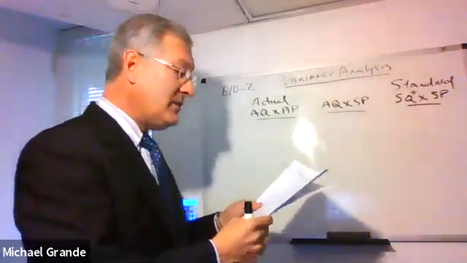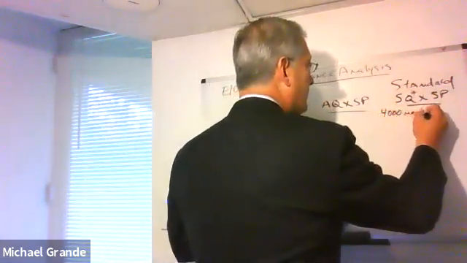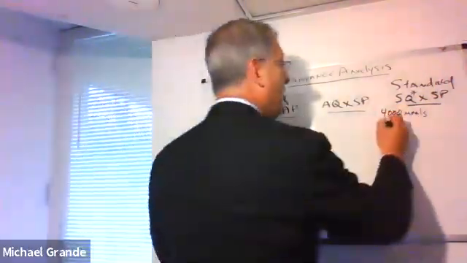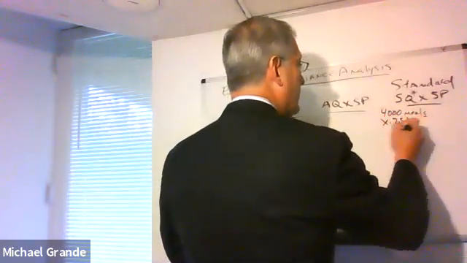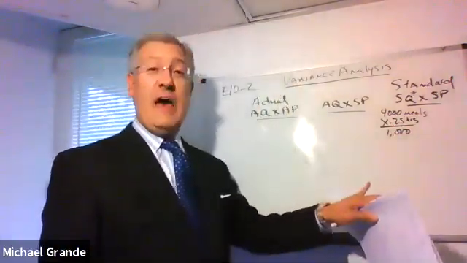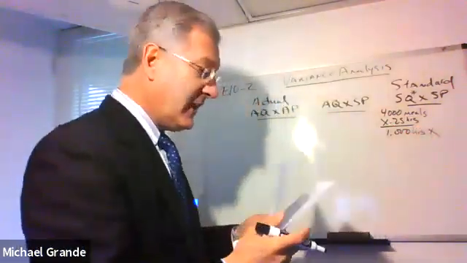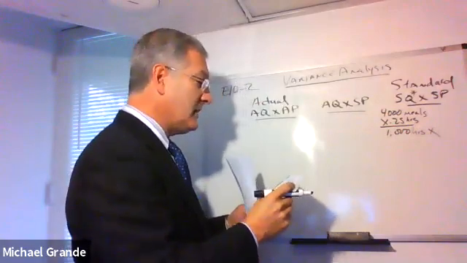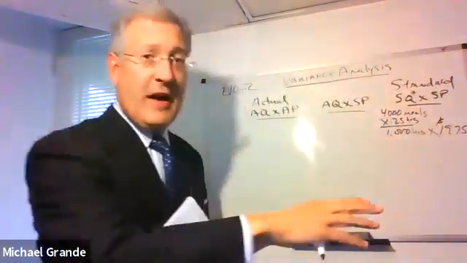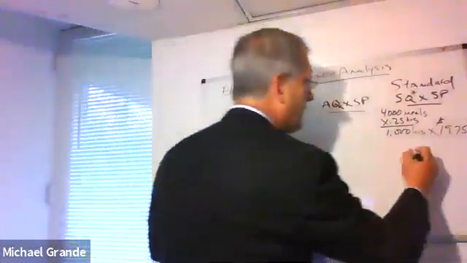output. Well, what was the actual output? The actual output was 4,000 meals. How much time should they have used per meal? 0.25 hours. They should have used, SQ, 1,000 hours, times the standard price. The standard price, they said, was $19.75 per hour. So they should have used 1,000 hours, and they should have paid their employees $19.75 for a total of